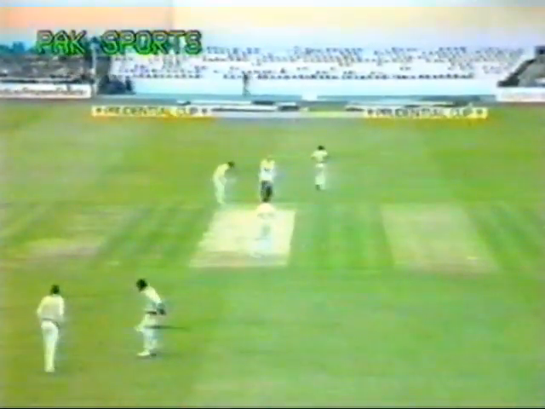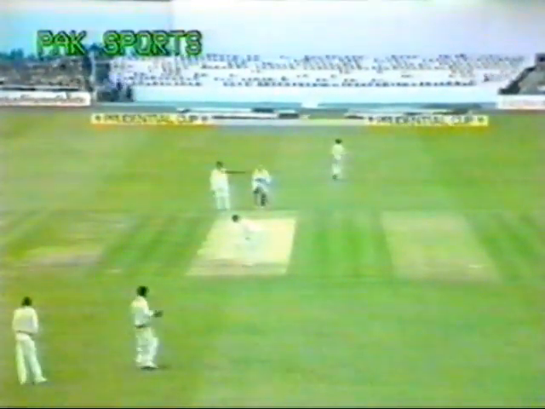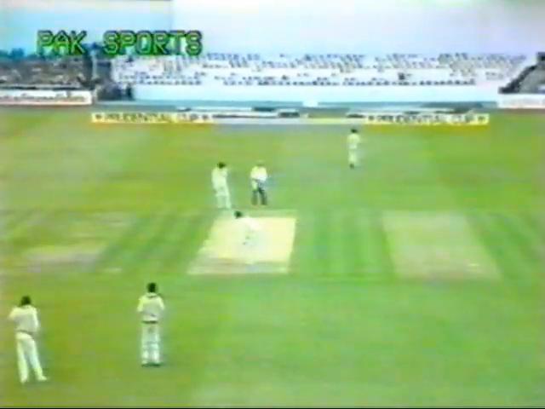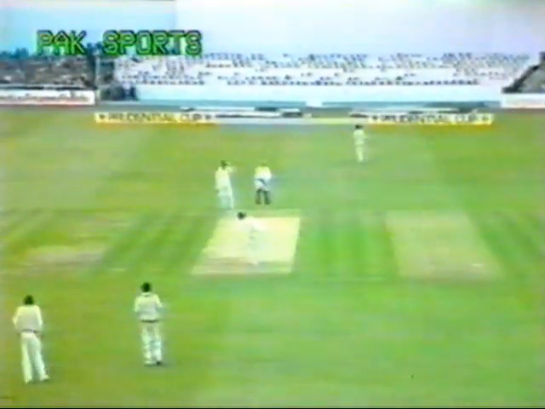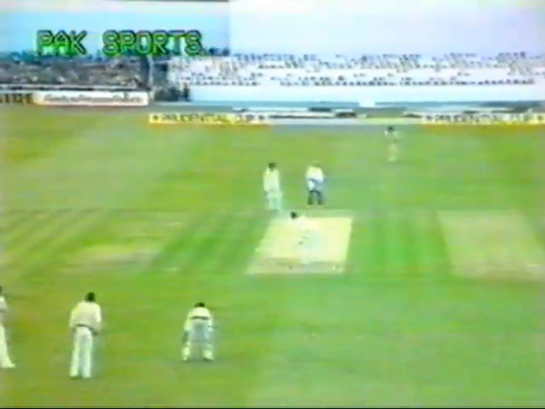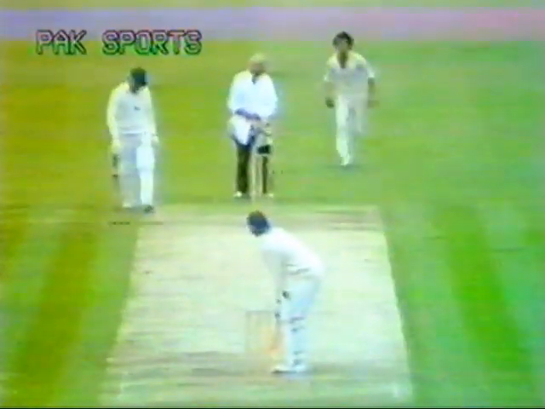2 new batsmen and the most aggressive pair of the Pakistan attack, fresh and firing on all cylinders at the moment. They must survive these next 3 or 4 overs. Gooch and Gower, they want to dig in now. They can collect some runs later on and build up the score. They must not get out now.